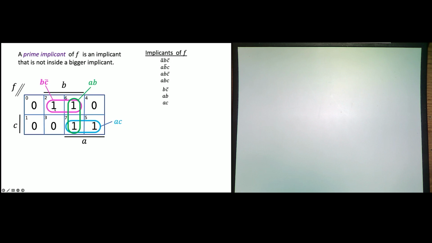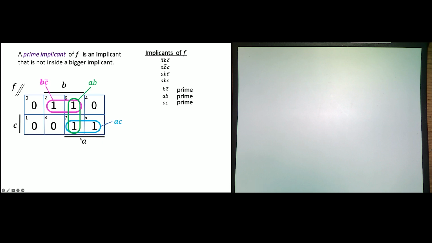It's not inside another implicant. It's not completely contained in another implicant. So remember, here's my list of implicants. So these 3 were prime. BC bar, AB, AC, these are all prime. They're not inside a bigger one.